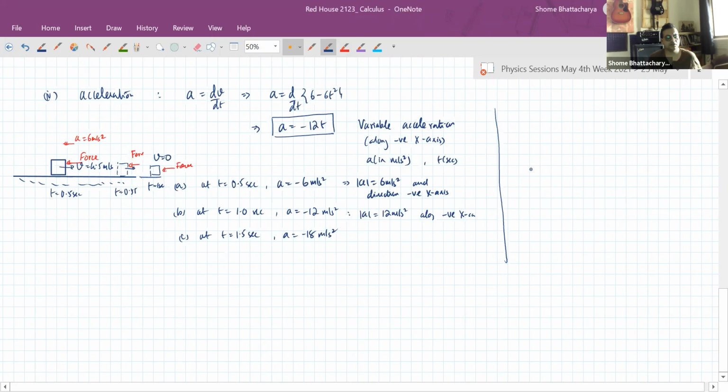For example, if we look from t equal to 0 to t equal to 1.5 seconds, what is happening to distance in this interval? It's going like this and coming somewhere here. If you see the position at t equal to 1.5 seconds, x was how much? It was 6t minus 2t cube, right? So at 1.5 seconds,